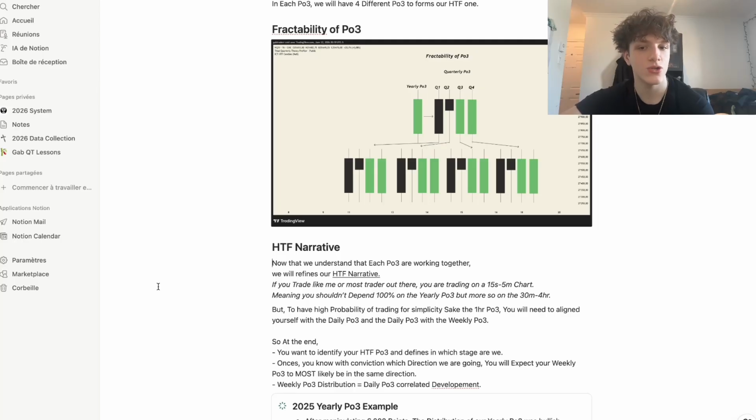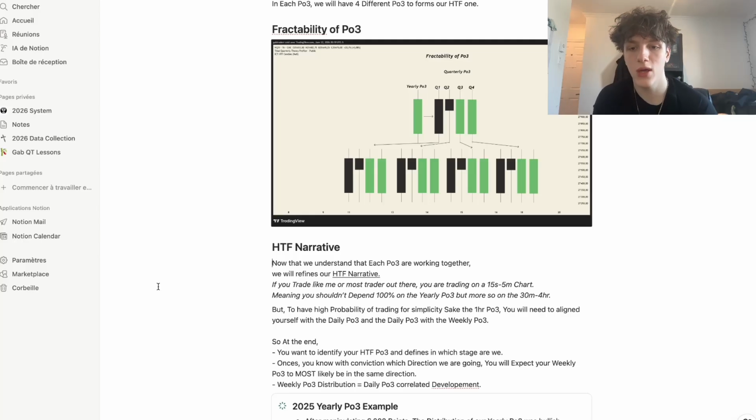Like you see in my trade recap or maybe my quick short or reels or TikTok, I say all the time 30 minute power of 3, 1 hour power of 3, 4 hour power of 3, because that's why I'm trading. I'm using the other power of 3 on higher time frame as my narrative. But to have a high probability of trading, for simplicity's sake,